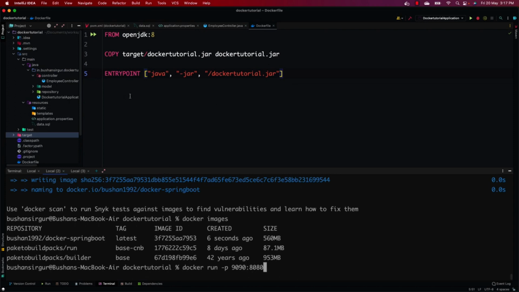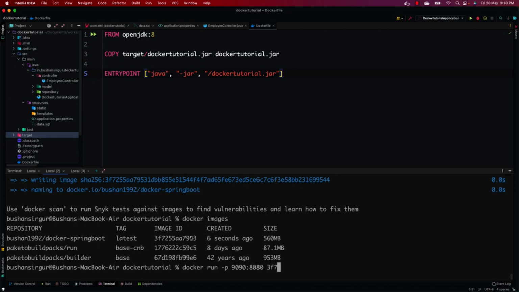By default, our Spring Boot application will run on port 8080 inside the container. But we cannot access our application inside the container. So we need to map the container port to the host port so that we can access our application outside of the container. That is what the first parameter, the host port, is for. We are going to access our application on port 9090. We are just mapping the container port to the host port. The first port is the one which we are going to access outside of the container. Just remember that. And we're going to provide the container image ID, which is